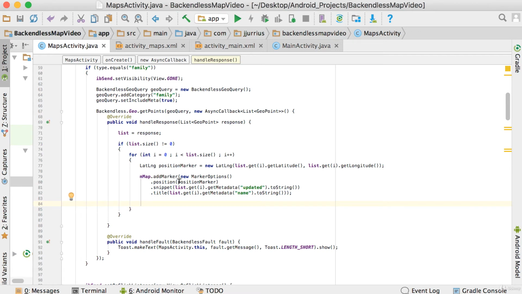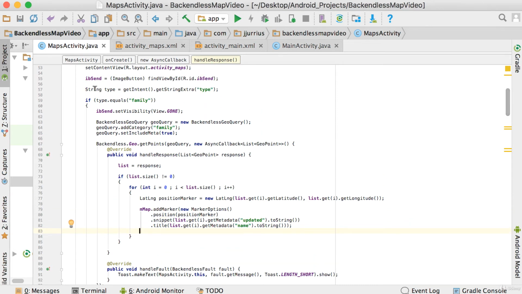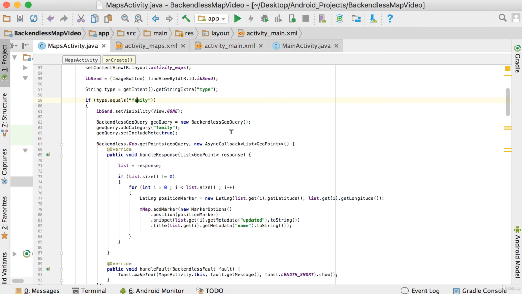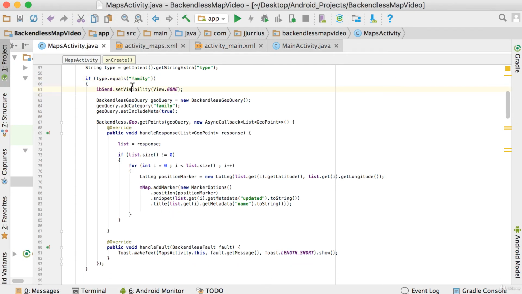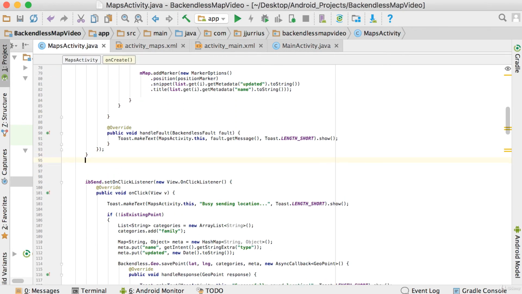So it will already be added to the map, but we won't move the camera to that specific position. So you can see on the map where the user is by scrolling through the map or whatever you want to do with the map. Right, now we've tested if it's a family, if we click the first button there to show the family location, then we should do this part where we hide the button and we get all the points and we add them to the map. So the else part of this if